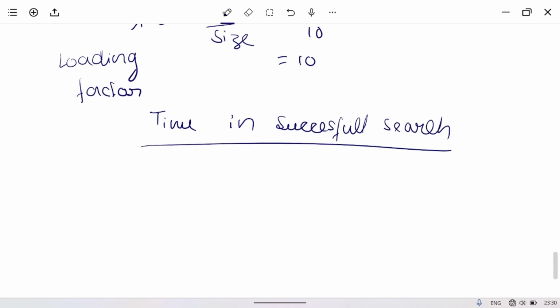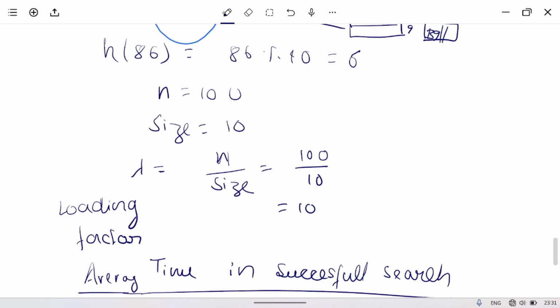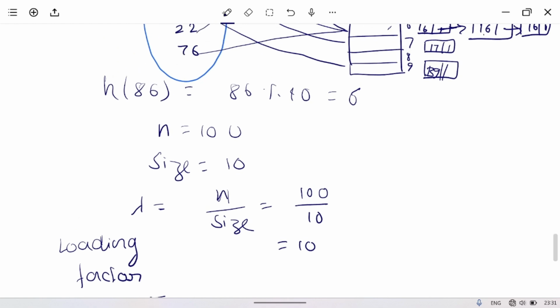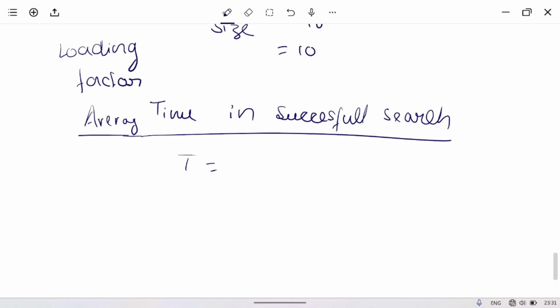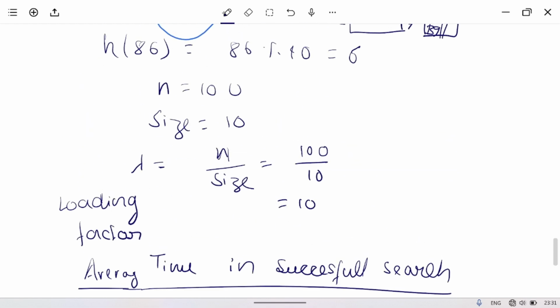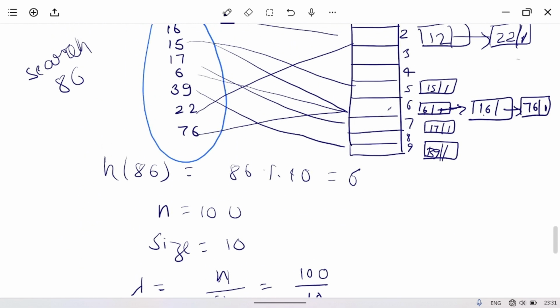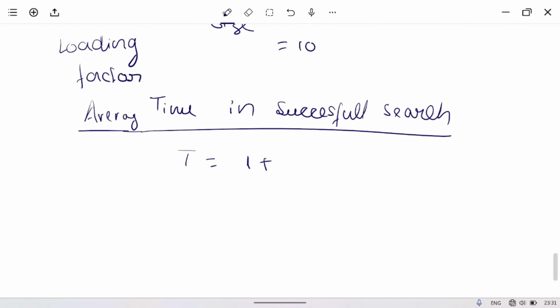If the search is successful, we are calculating the average time complexity. First, using the hash function, like here how I did 86 mod 10, we get index 6. So using the hash function we will get 1 plus half of lambda. In the best case, we will get our key right here. In the worst case, we will get our key at the end. But in the average case, it is lambda upon 2. So this is for a successful search.